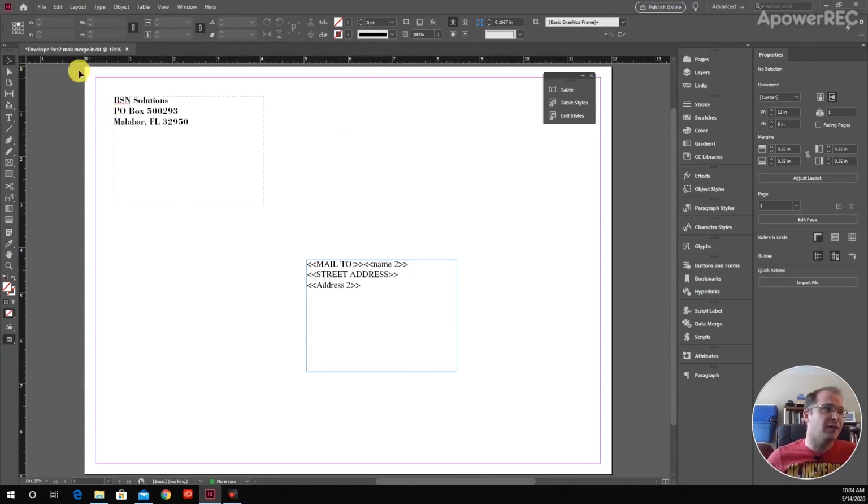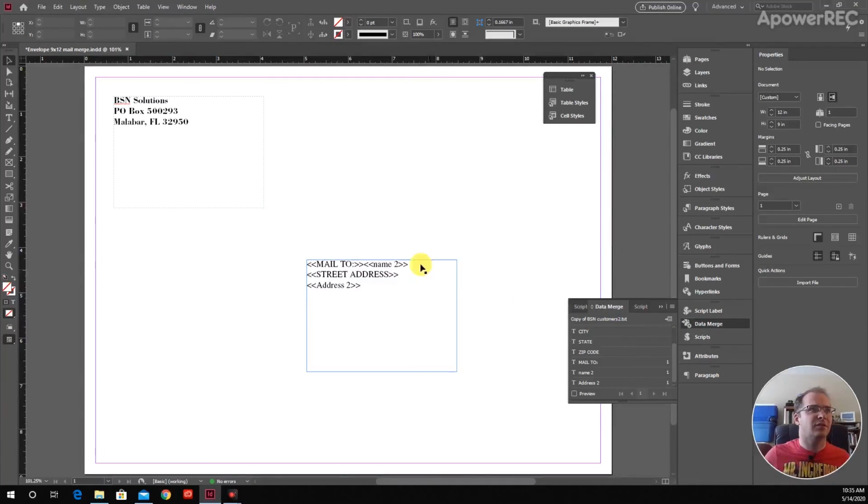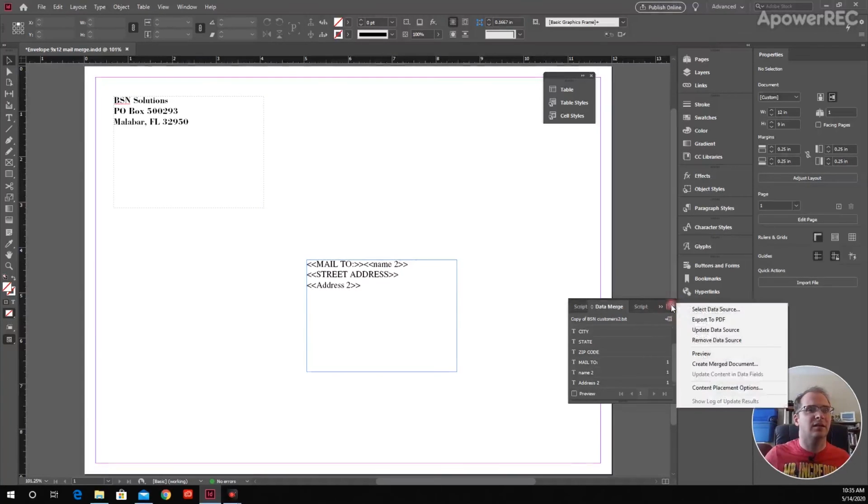The reduced file size, it recognizes it's the exact same image and duplicates it. So in the past, merge files with graphics tend to create huge files. But this is just an envelope, so again,